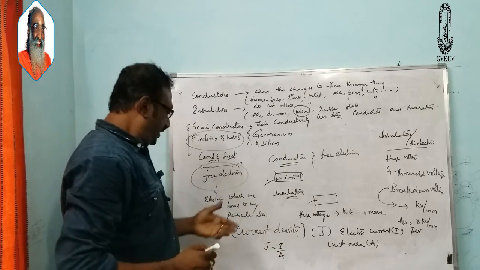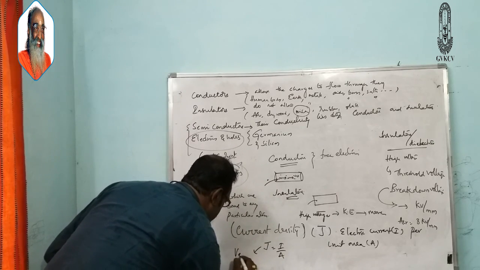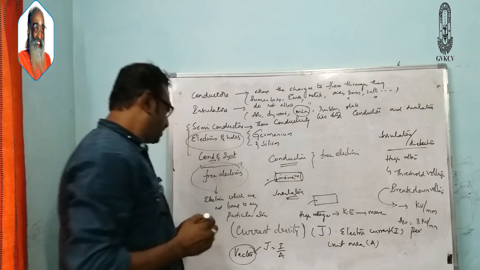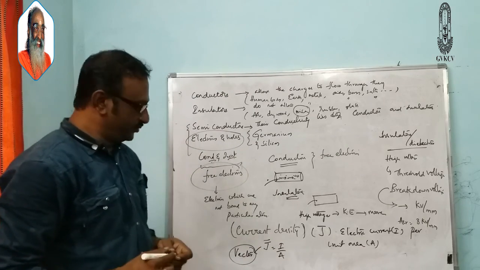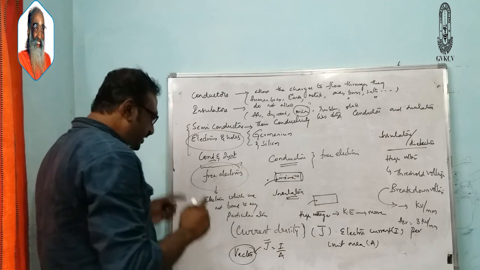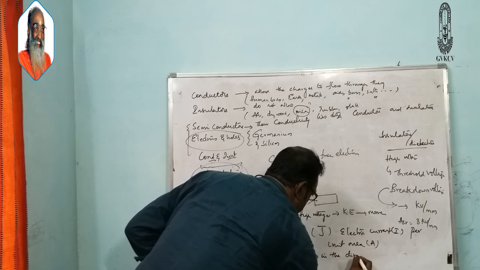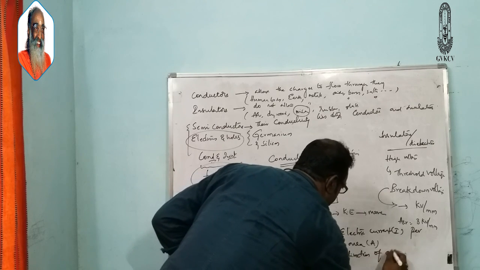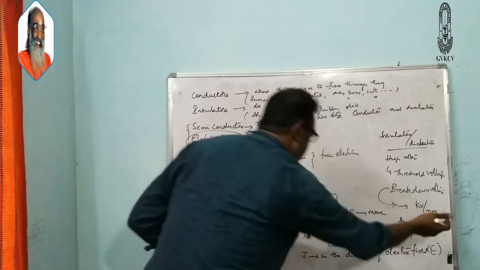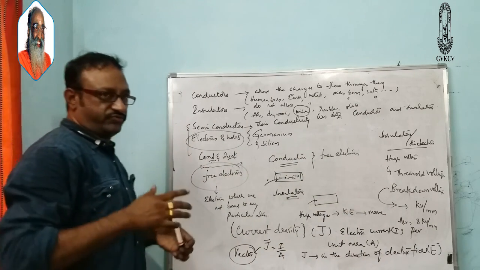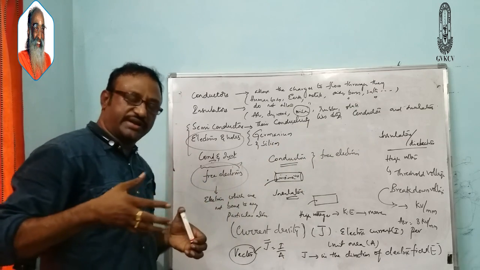So here electric current is a scalar quantity, but J is a vector quantity. So I can represent it by J bar. If J is a vector quantity, then what is the direction of J? The direction of J is in the direction of the electric field E. So J and E have the same direction. That means if we consider the direction of the positive charges, then your J will be in that direction. If you consider the negative charges, they will be